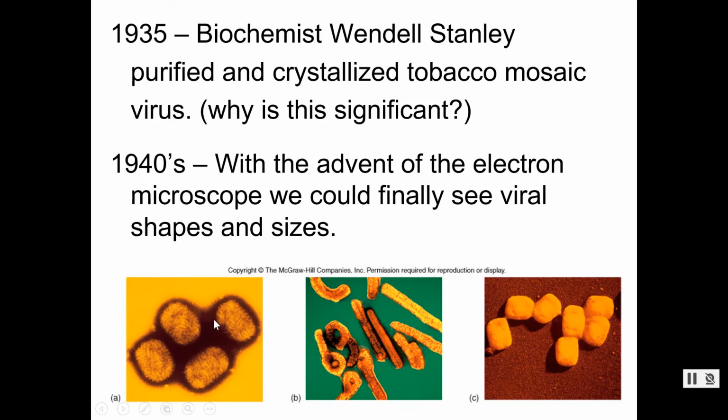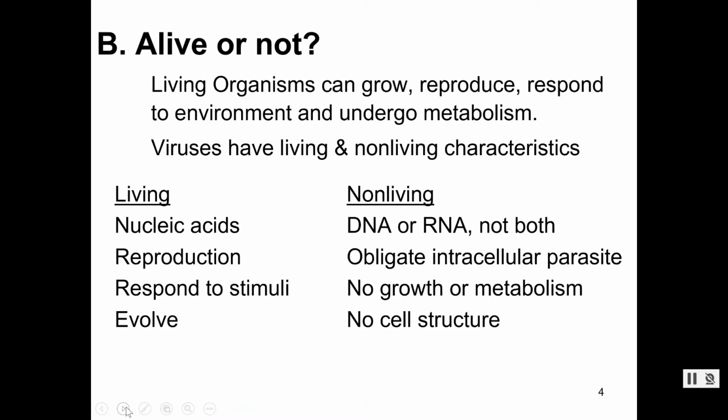So this is a couple of different types of electron microscopes. This is a 3D image and some different viruses. This one, I think, is smallpox. This one is Ebola. It's a different type of shape to it. All right, so finally in the 1940s, we were able to see a virus. And so we knew it was there around 1900, but we could actually see it in the 1940s, but we're still trying to figure out what it is. Is this a living organism? So now that we can see it, we can explore it even further.